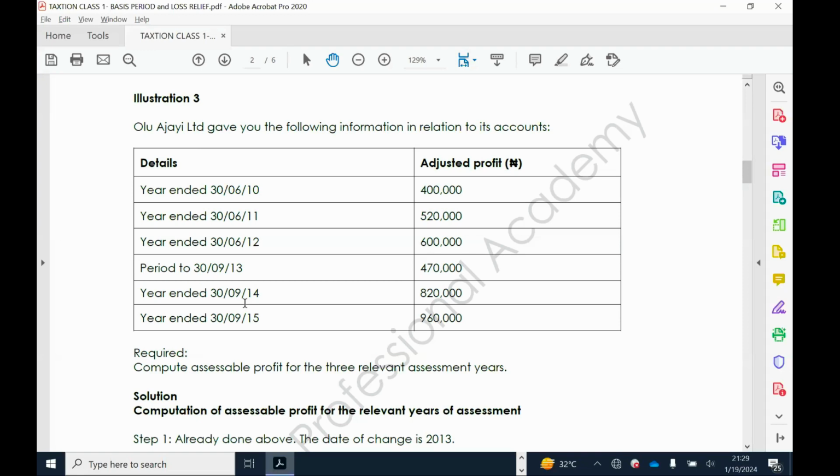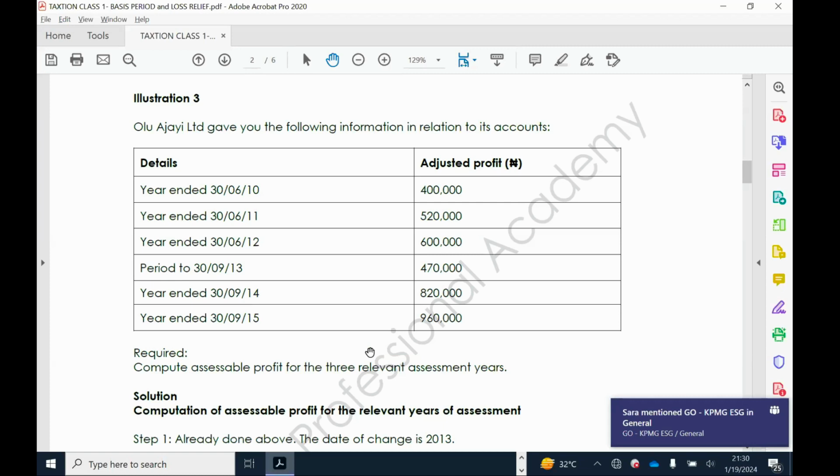Year ended 30 June 2011, 520,000 naira. Year ended 30 June 2012, 600,000 naira. Now, period to 30 September 2013, 470,000 naira. We have years up to year ended 30 September 2015,